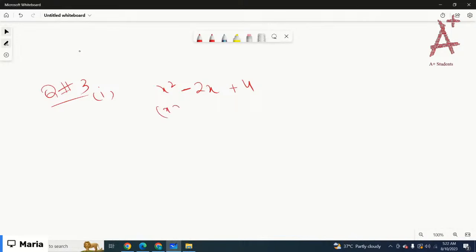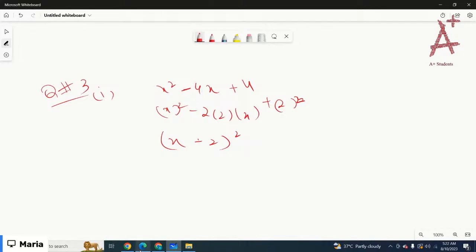This is the square of x, this is the square of 2, and here you have, no, it would be 4x here. It would be x squared minus 4x plus 4. That is the perfect square, right? Here you have minus 2 times x. So that would be the perfect square of x minus 2 whole squared, right? That's how you have to write down different